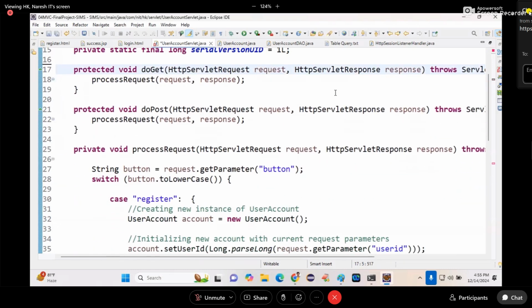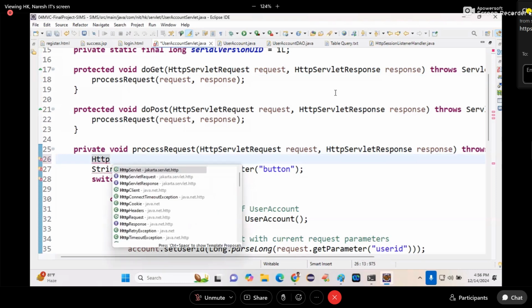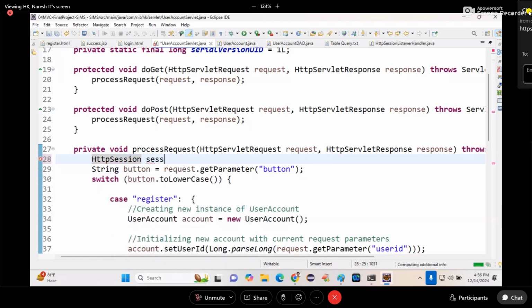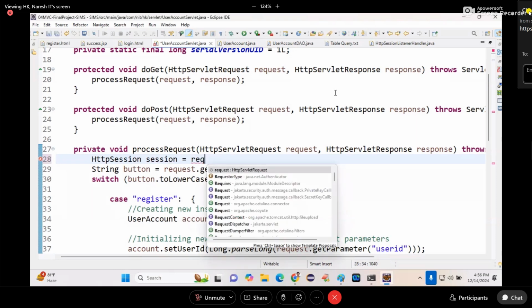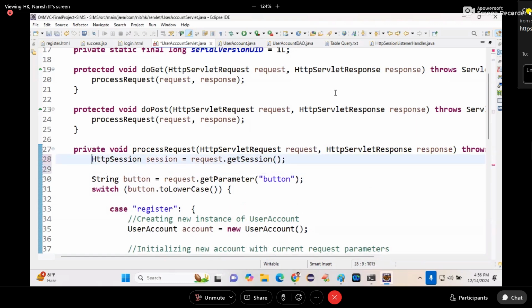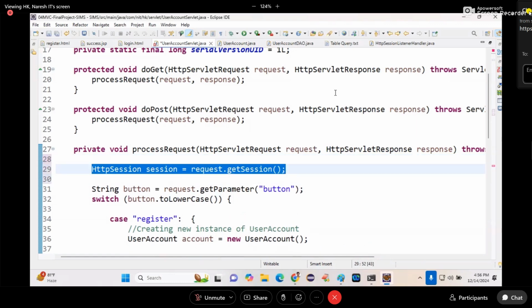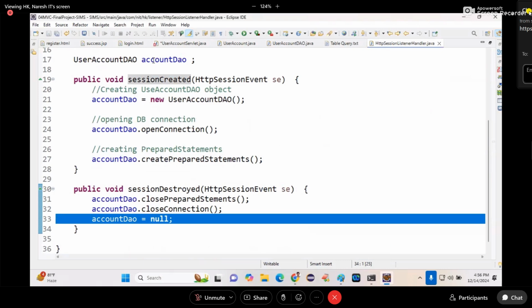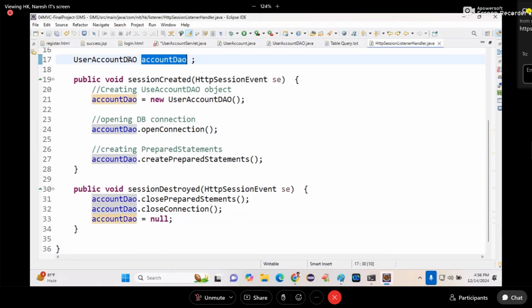Now what is left? Request. The moment the request processing started, what do I have to write? HTTP session equal to request dot get session. Okay. Once a session is created for a client, it is one time only, right? Next. No, one second. In the listener, after the user account object is created,